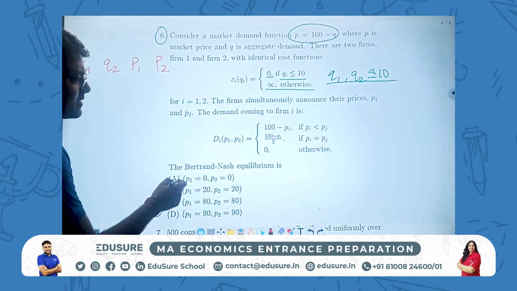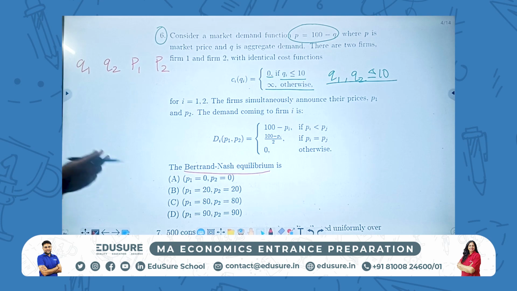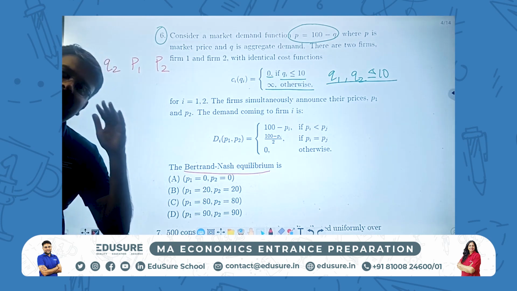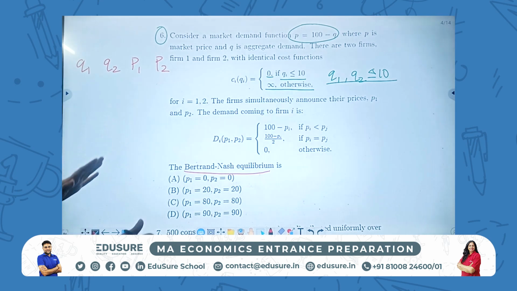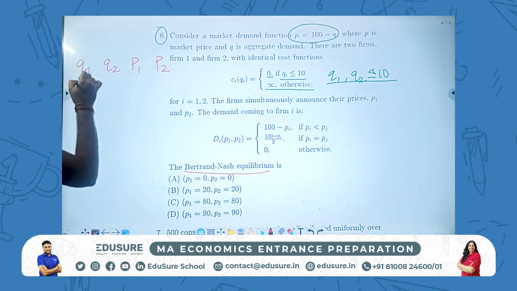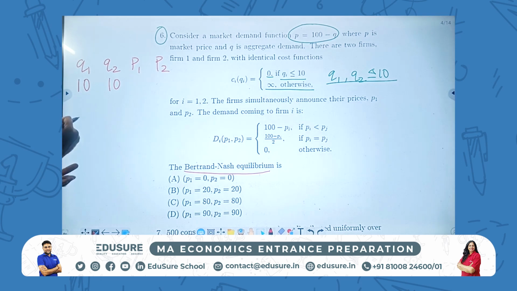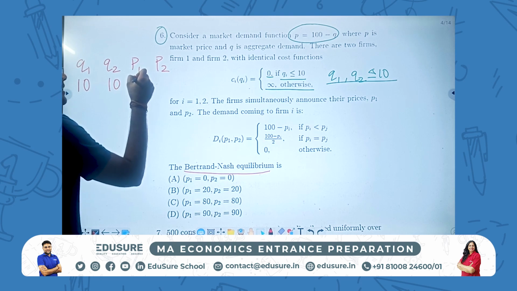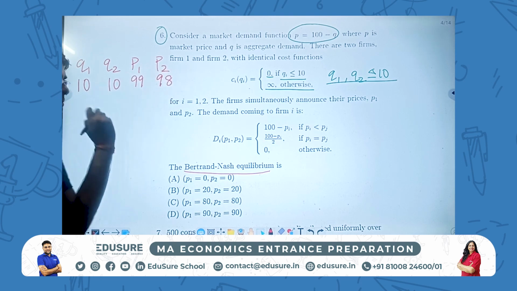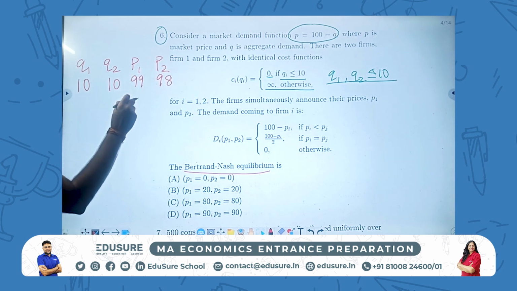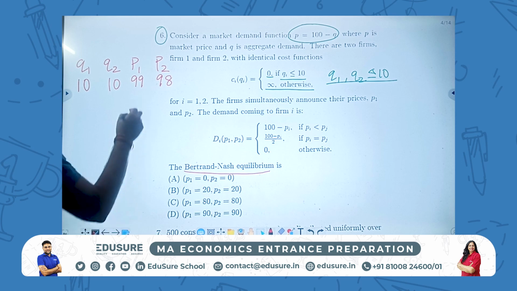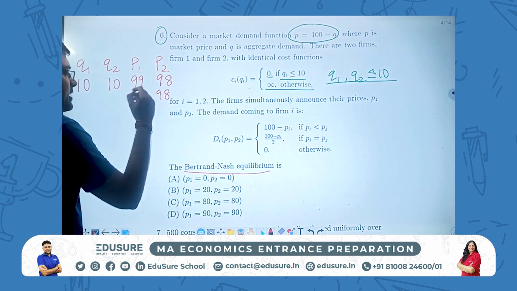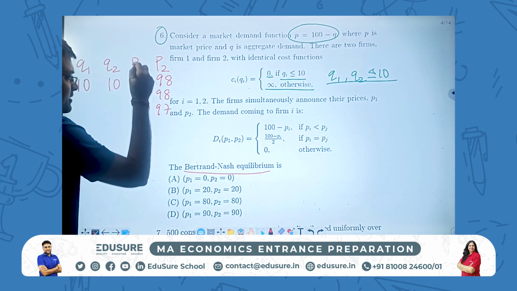Now, in the Bertrand-Nash equilibrium, basically the two firms will keep on undercutting each other, right? And ultimately, they will not go beyond 10. Both will supply maximum 10, right? So they will not go below a price. Like for example, if the price was 99 and this price was 98, okay, then this person will get the entire market and the quantity will be 2. Undercutting will happen, then again undercutting will happen. So the undercutting will carry on,